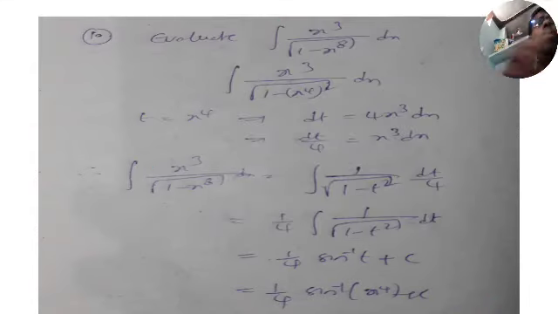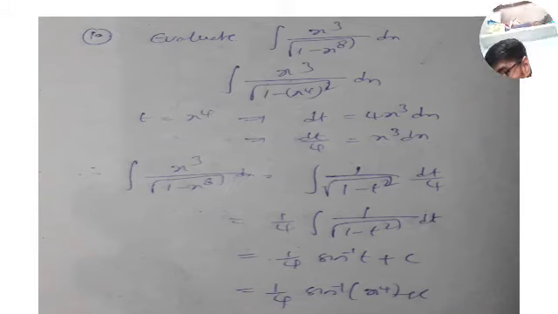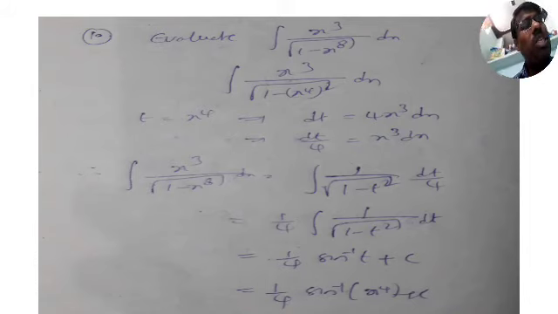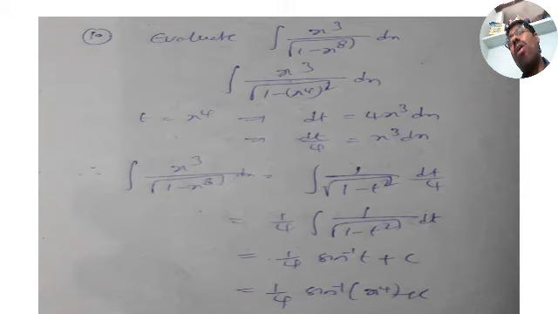Very similar, both the problems are very same, 9th and 10th, but you have to write one step to understand which method it is. So the 9th problem, it is integration of 1 by 1 plus x square, that is tan inverse x formula. And in 10th one, it is square root. Once you are getting square root of 1 minus x square types, therefore it is sin inverse. So integration of 1 by square root of 1 minus x square is sin inverse x plus c.